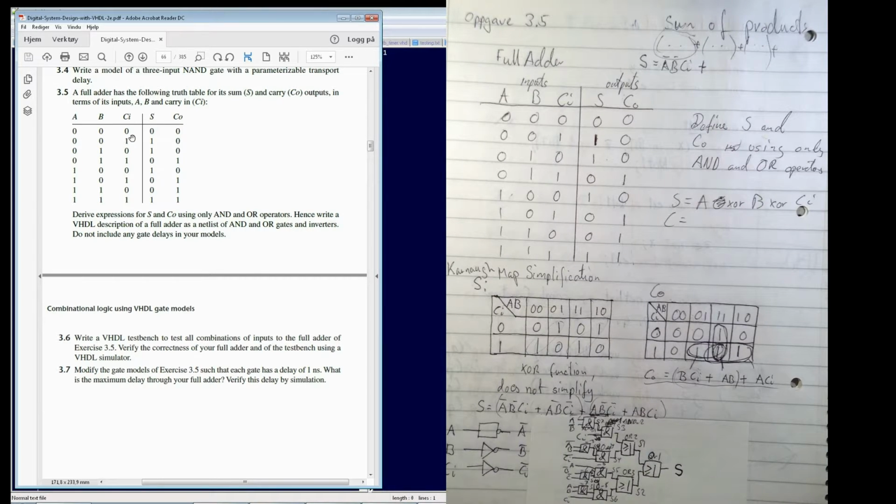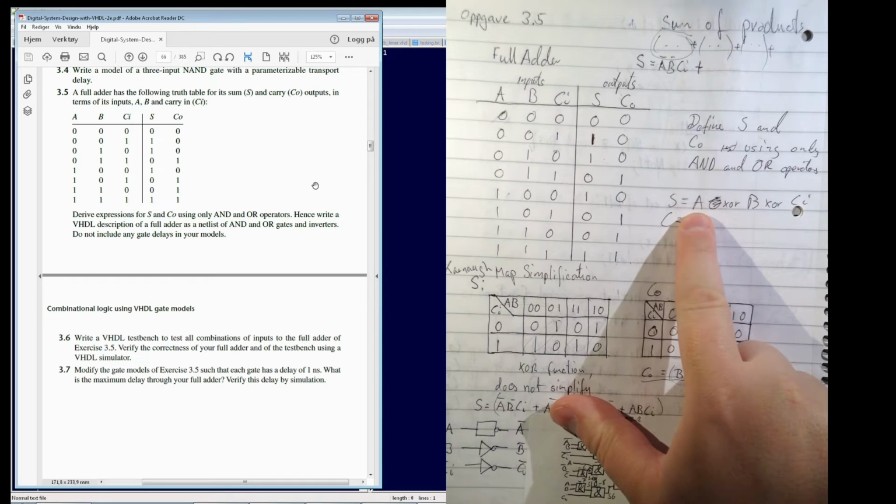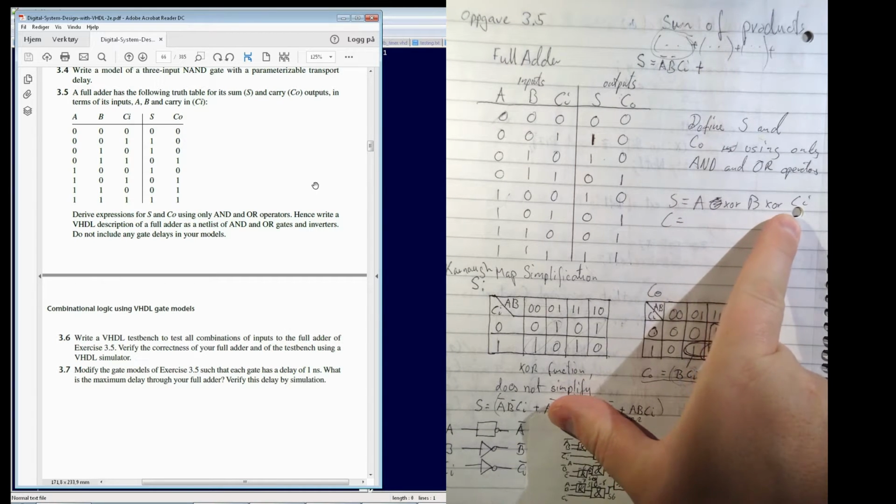So you can see that where you have one bit high, like here and then here, you will get one out. If you have 2 bits high, then it will be the value 2 in decimal, and value 2 in decimal is 1 0 in binary, so you get carry 1 and sum 0. If you have 3 bits, then it's the value 3, so you get 1 1. Anyway, the easiest way is to do it by just saying A XOR B XOR CI for S,